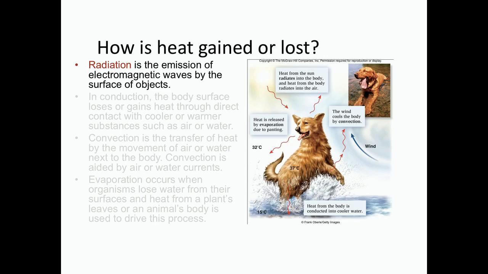So for instance, you might notice this if you have a hot stove and you hold your hand near it without touching it, you can feel the heat coming off of that stove. That is radiant heat. That is heat that is radiating away. You also might have things called radiators in your house to help warm your rooms during the winter.